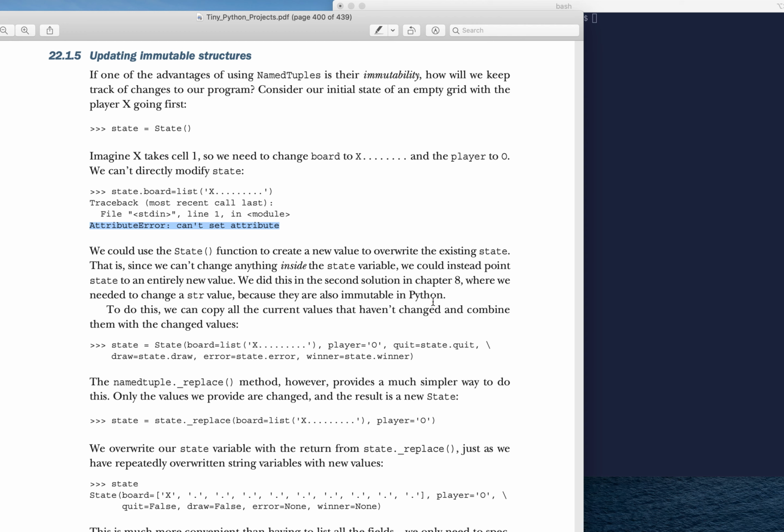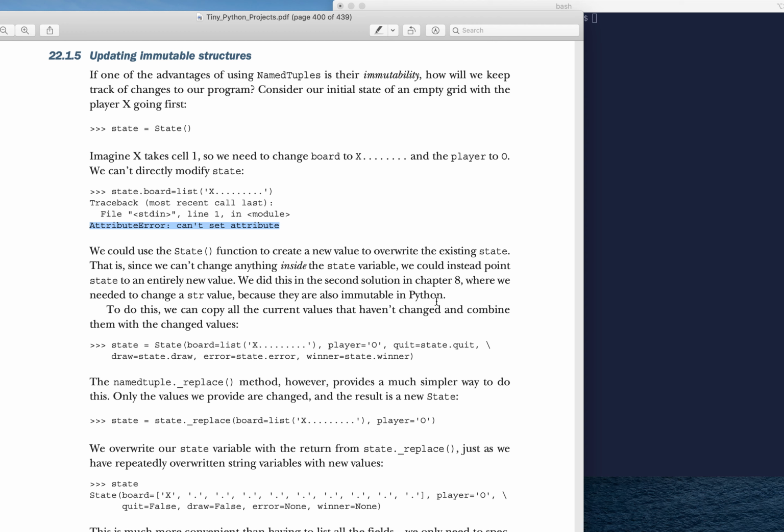So how do we go about changing the state? Well, this is very much how we've had to deal with changing strings in the various exercises that we've had. You can't directly mutate a position in a string, but you can set the string equal to a new value. One of the things that we've done, for instance in the telephone game, is take a string slice up to the character that we wanted to mutate, then some sort of mutated character, and then a string slice from that character afterwards, and the rest of the string, and overwrote the string to be that new value. We did those kinds of things many times in different exercises.